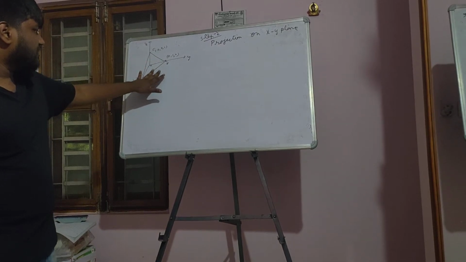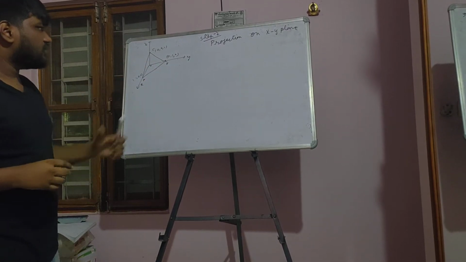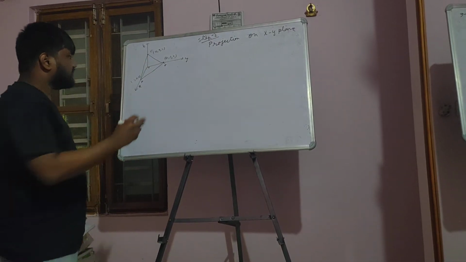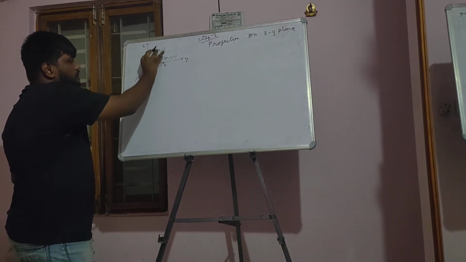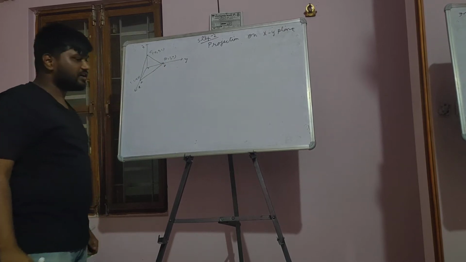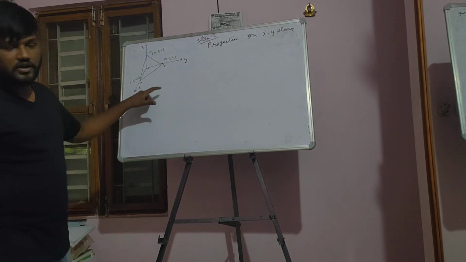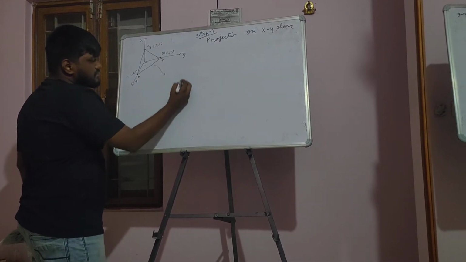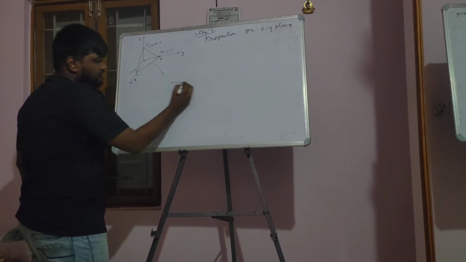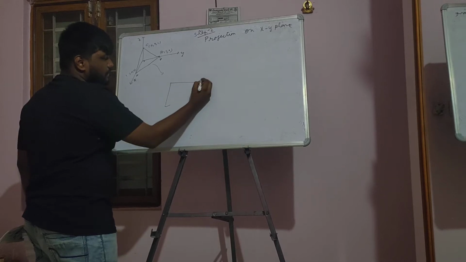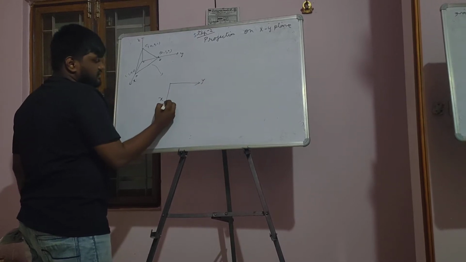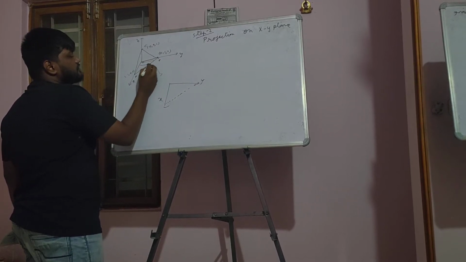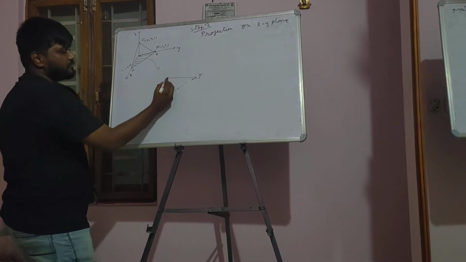We have drawn the diagram for the question, and now our step 2 is to find the projection on the xy plane. This is the region in which we have to compute the integration of the function. If we want to find the projection on the xy plane, since this is a tilted kind of diagram, let's say this is x and this is y, then this is our projection, this part of the tetrahedron.